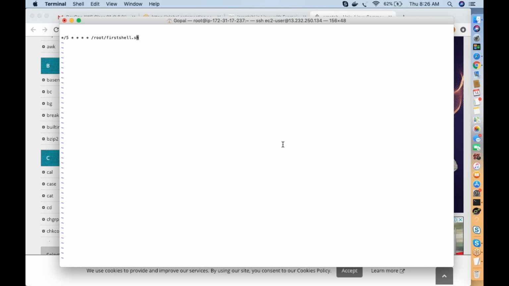I want to execute my script every 5 minutes. Star by 5 means every 5 units; all the stars mean all, every, take all the values. It takes only the first value and executes, and doesn't consider the other values.